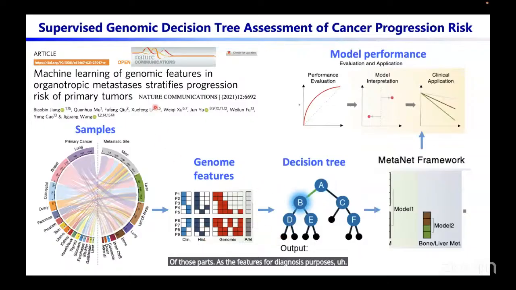So here is an example of the use of genomic or genetic features, and employing a decision tree machine learning method to develop a diagnosis model for the prediction of the metastasis